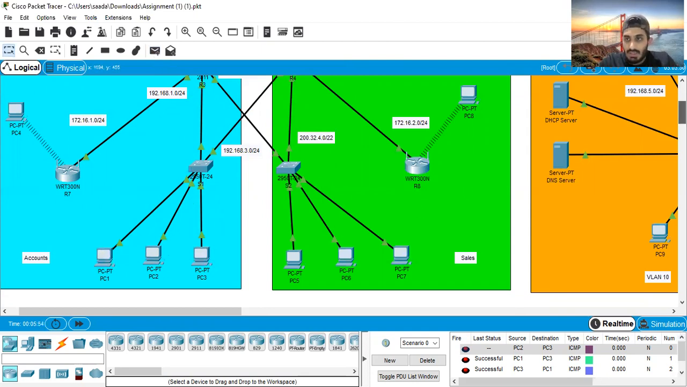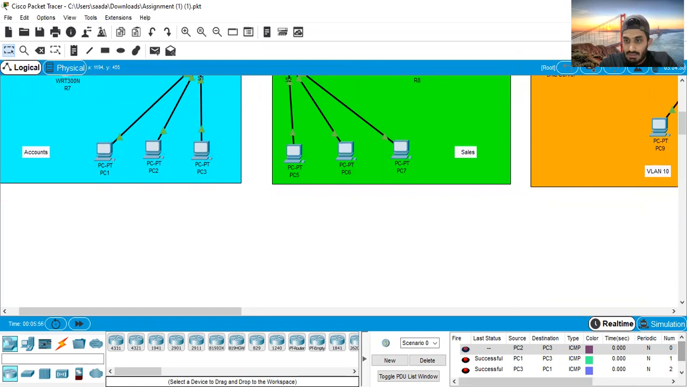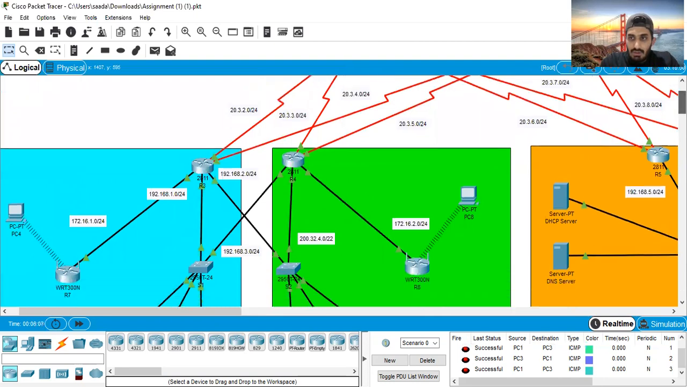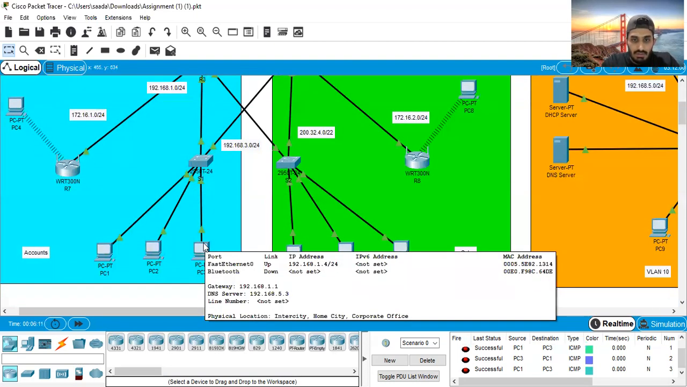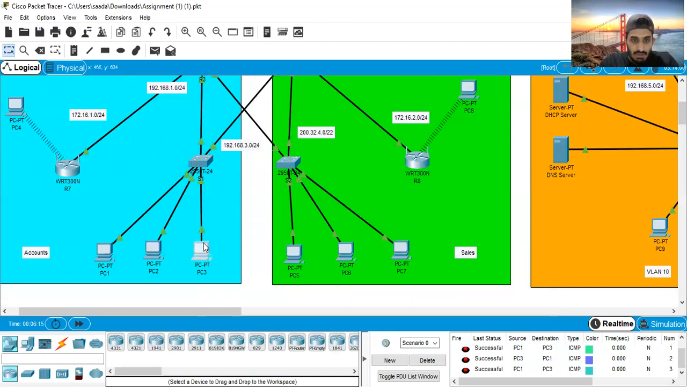I'm sending it internally to check whether it is working or not. As you can see, it's working successfully from PC1 to PC3. Now I'm going to have a look at PC3. Its IP address is 192.168.1.4. I'm going to click in here, go to the command prompt, and write ping